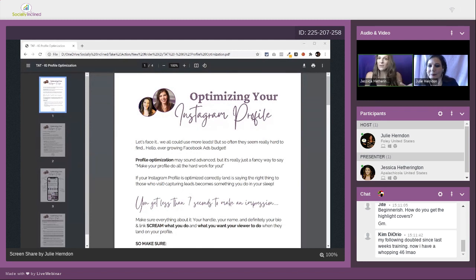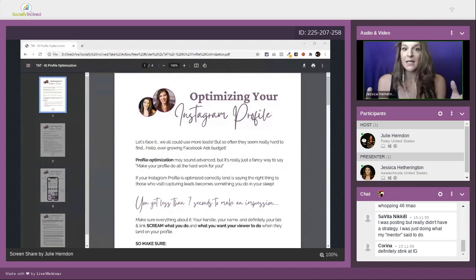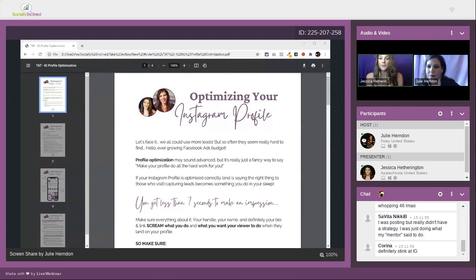And for today, let me just set the stage. We are not going to be talking specifically about what kind of content to be posting on Instagram. We're not going to be delving into big time Instagram marketing techniques. We are going to be talking about that profile and how to get that profile in a place where, when you do pique someone's interest, or when you're liking or commenting on someone else's posts, they want to click on your profile photo and they want to see your bio or see your profile.